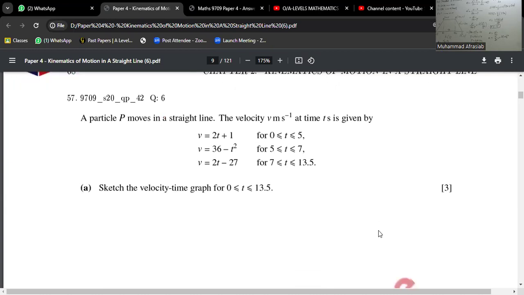Particle P moves in a straight line. The velocity v meters per second at time t seconds is given by v equals 2t plus 1 for time 0 to 5, then v equals 36 minus t squared for the time 5 to 7, and v equals 2t minus 27 for the time 7 till 13.5. Sketch the velocity-time graph from 0 to 13.5,